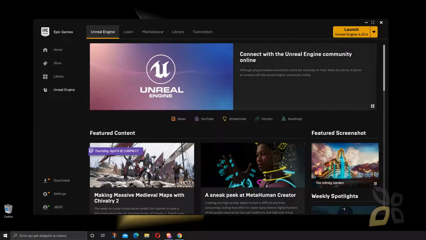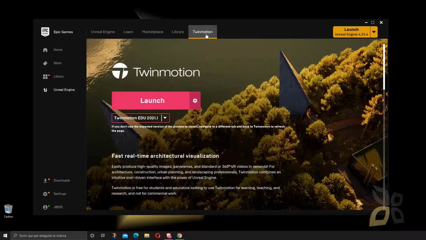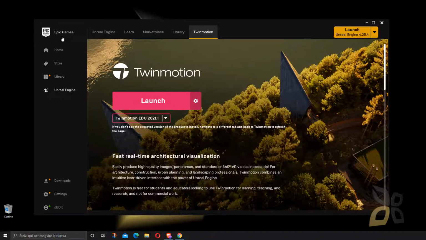In this quick video guide, we are going to talk about Unreal Engine and Twinmotion. These two are software from Epic Games, and what you're seeing here is the Epic Games Launcher. If you don't know what Epic Games Launcher is, or you don't know anything about Twinmotion and Unreal Engine,